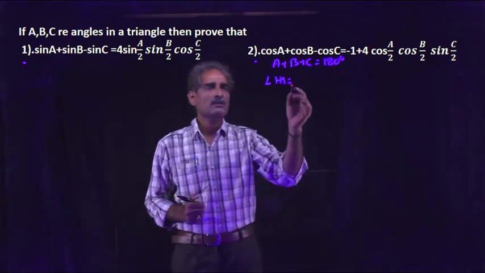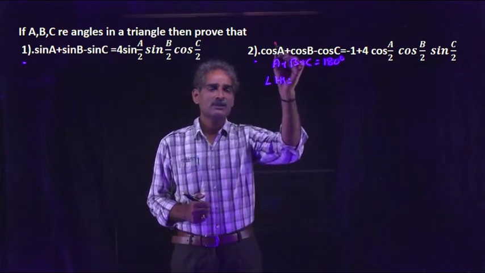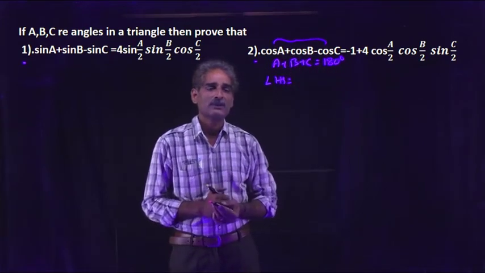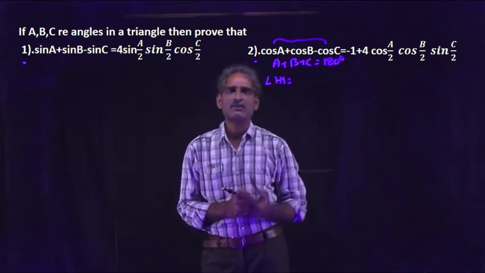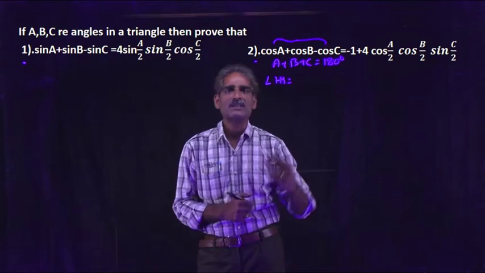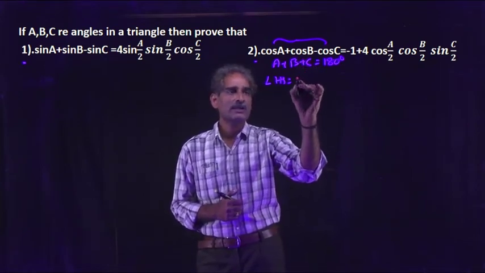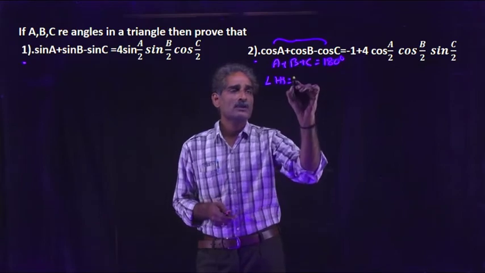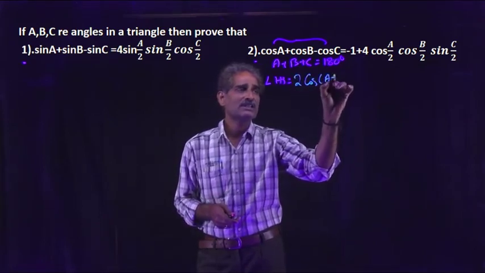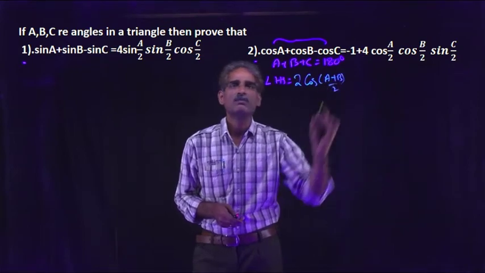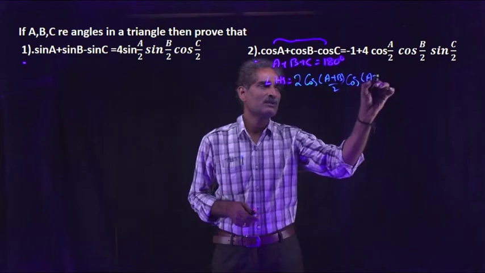So now try to apply for the first two functions. Here, consider these two functions, cos A plus cos B. Let us consider A equal C and B equal D, like that. cos C plus cos D. Applying the formula for cos C plus cos D for the first two functions, we will get 2 into cos of (C plus D) by 2 into cos of (C minus D) by 2.